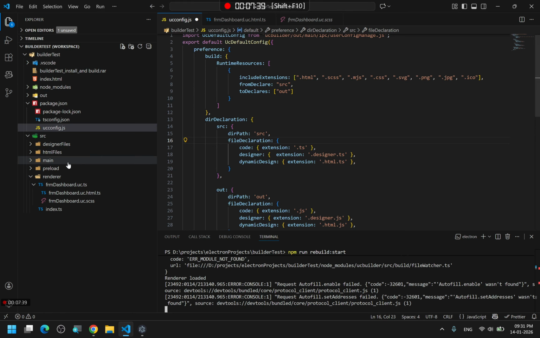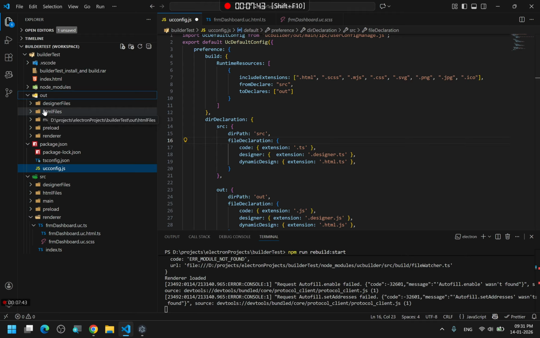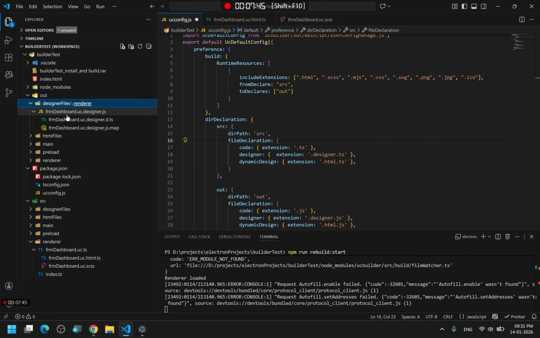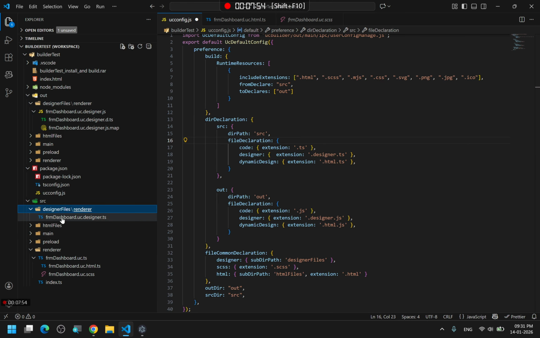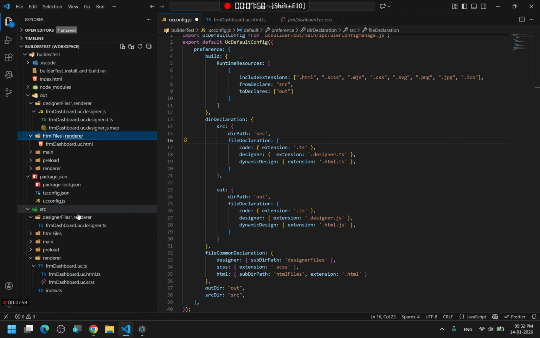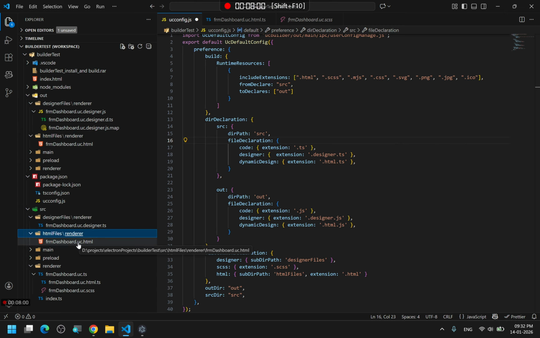So build, and you can see now the HTML file is also generated here and the designer also generated. But in normal TypeScript, it should only generate this code file here, not an HTML file, because TypeScript does not provide